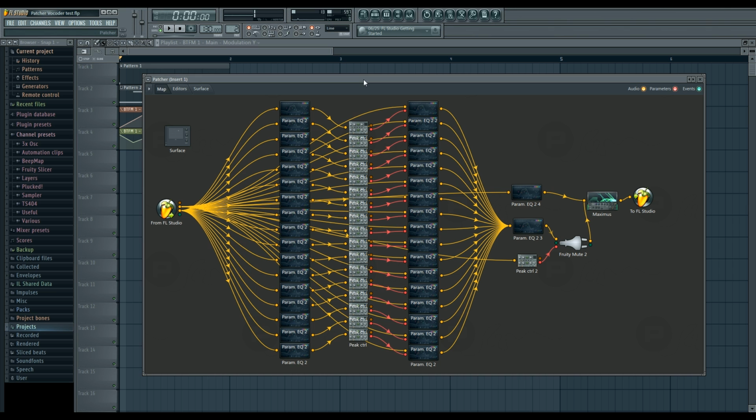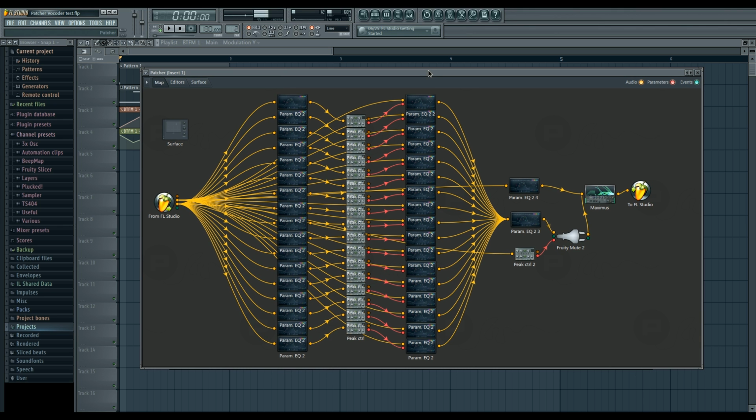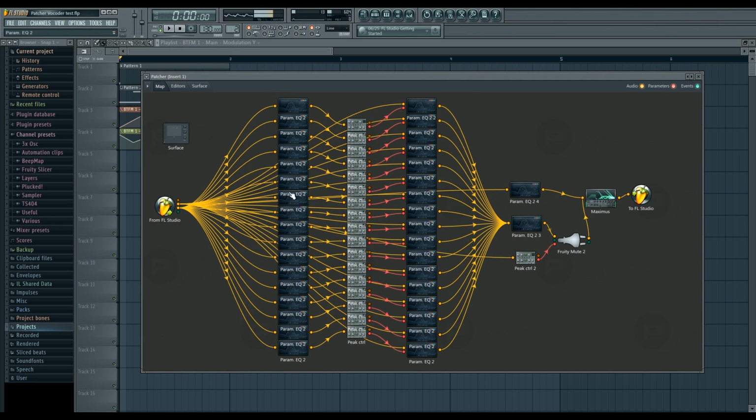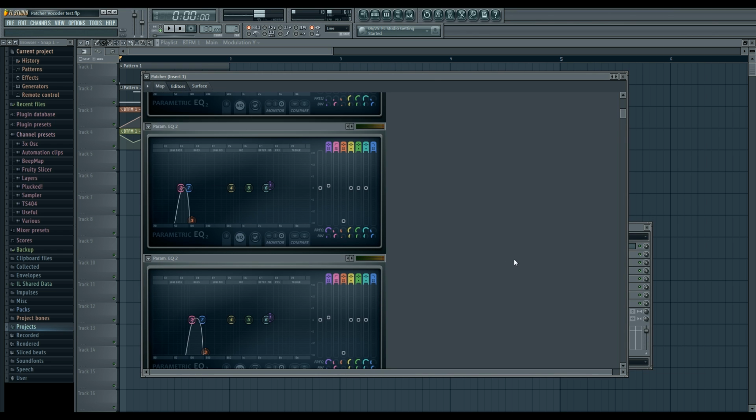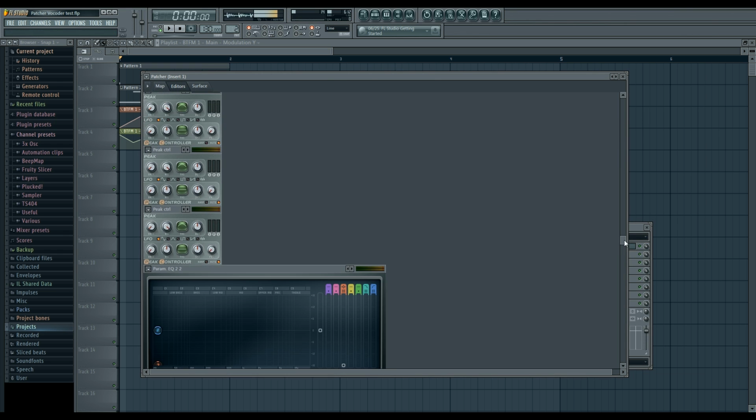So what we're doing here is we're basically doing a very basic form of that. We're doing a 17-band vocoder. So we're splitting up the input modulator into 17 bands, and we're doing this just by separating it in the EQs like this. And this is very kind of loose. You can even see actually in the output